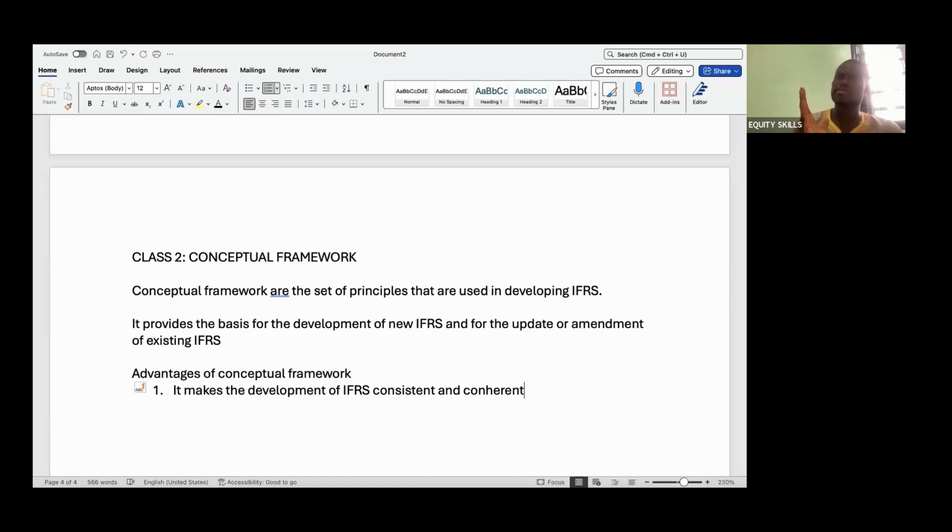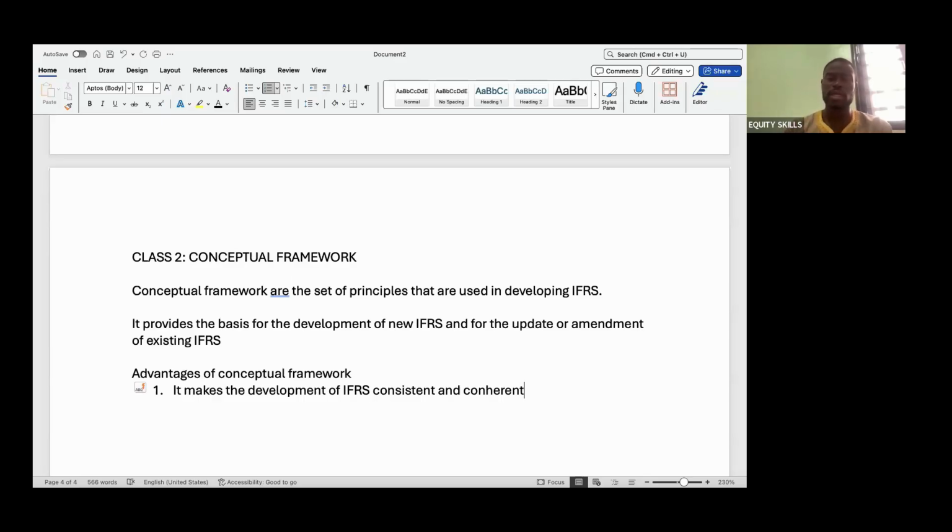Again, when you check standards that deal with liabilities like income tax, provisions, and financial liabilities, you see similarities in those standards. They're very similar. And the reason is that they are all developed from this conceptual framework, this set of principles that I'm going to show you today. So it makes sense to have a conceptual framework, because it makes the development of IFRS very consistent and